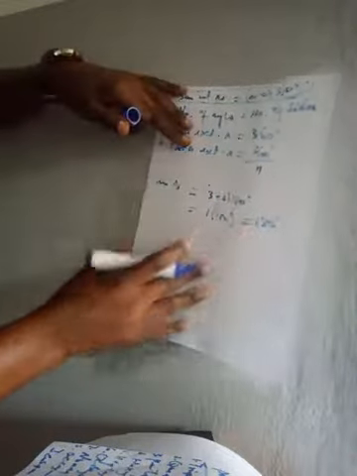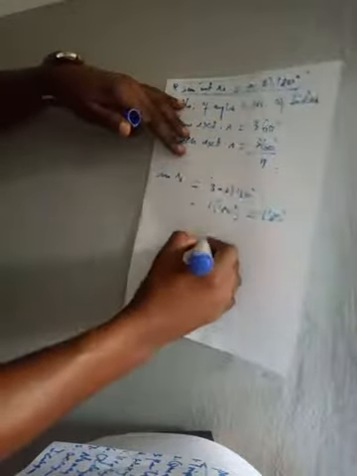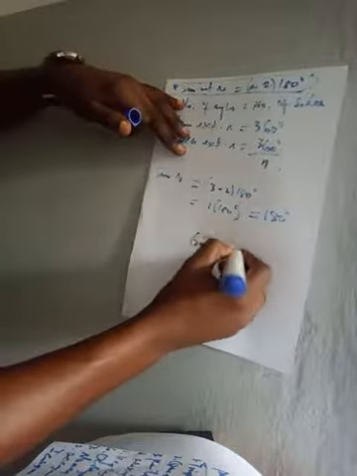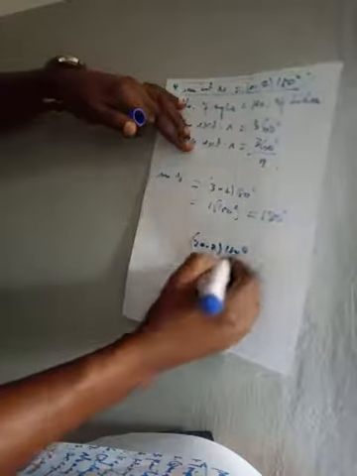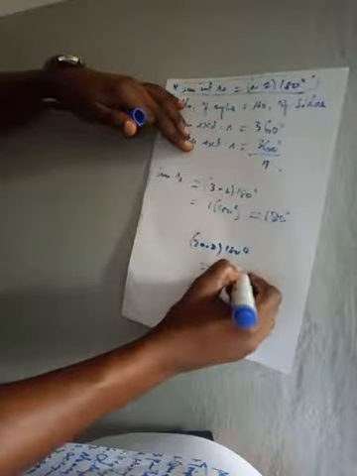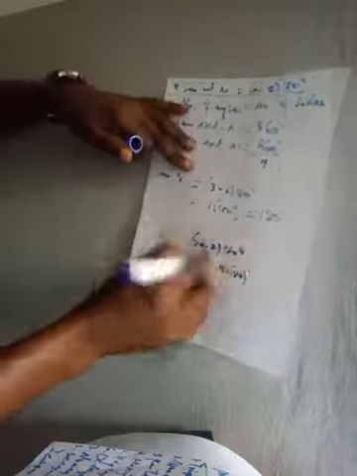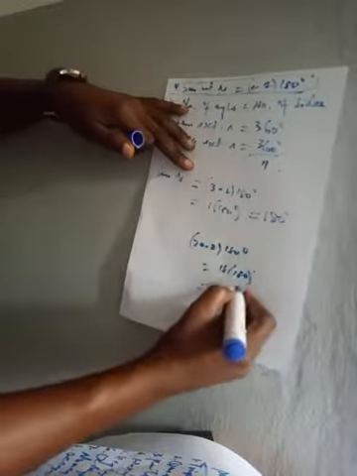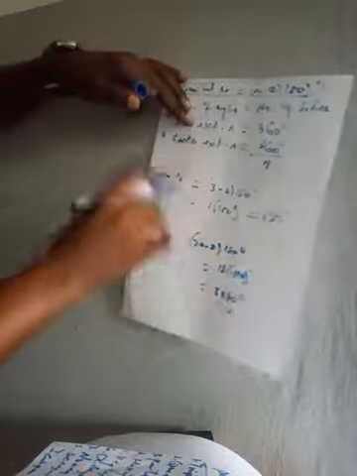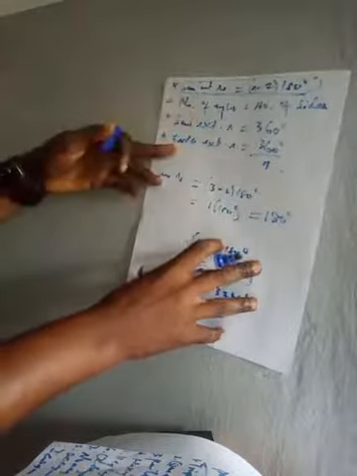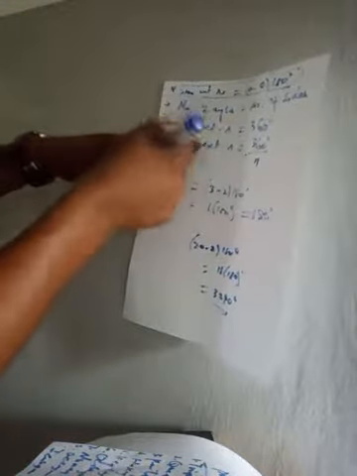For an icosagon, which has 20 sides, you say 20 minus 2 times 180 degrees, and for the icosagon you have 18 times 180 degrees. That gives you 3240 degrees. This is the formula that will help you to find the sum of interior angles of a regular polygon. Let's take